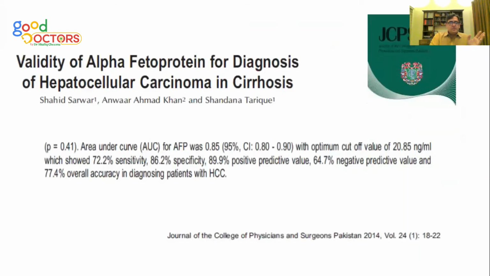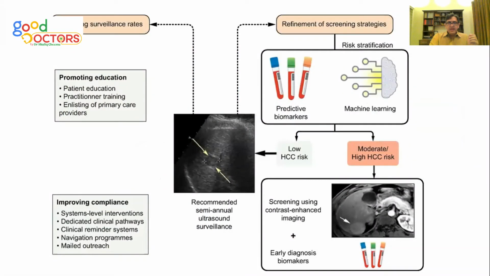We did a study a few years back, and we identified that alpha-fetoprotein sensitivity is around 70 to 72%. Not good enough to be used as a tool for surveillance of the patient. So surveillance of hepatocellular carcinoma is a challenge which still exists with all the newer modalities. We still see patients being diagnosed with hepatocellular carcinoma at a very advanced stage where there is no treatment possible. So how can we handle this situation?